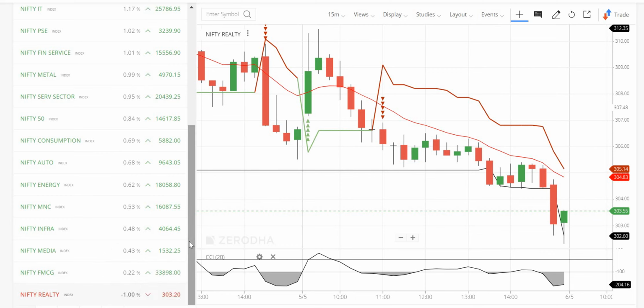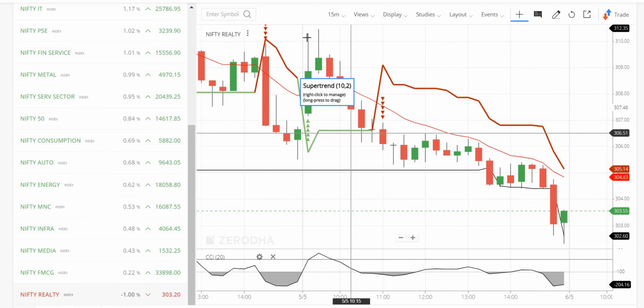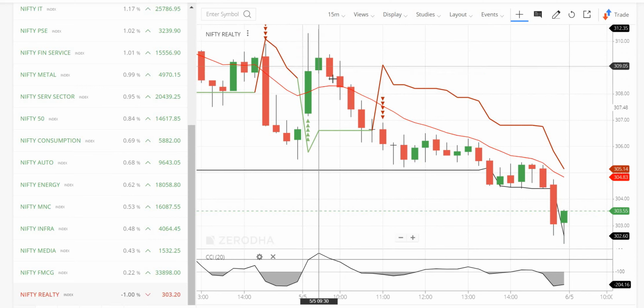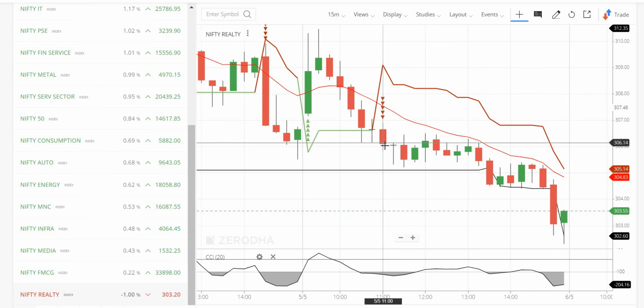So what do I do? I go on checking the indexes continuously, every 15 minutes. After every 15 minutes, when I evaluate them, I look at how the next candle has performed. Now, I'm not going to short this Nifty Reality, although it is not traded. I'll come to the stocks, how do I select them? But I'm not going to short anything under the Nifty Reality unless it closes below this super trend 10.2. So it has to fall down gracefully, closing below 10.2, and then I will go and short here.